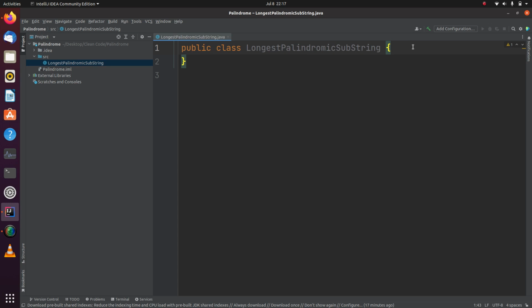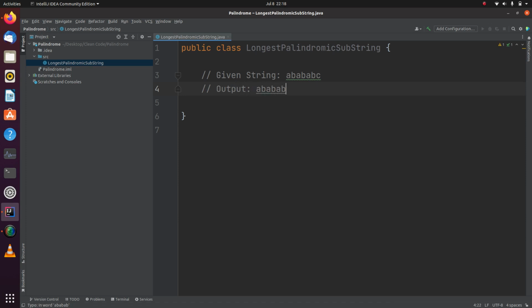So the problem is nothing but, let's say you're given a string, something like a b a b a b c, and now you're supposed to find the longest palindromic substring, and the expected output should be something like a b a b a b, because if you include c it will not be palindromic in nature anymore. And by palindrome I mean, if you start from the midpoint, the left half and the right half should